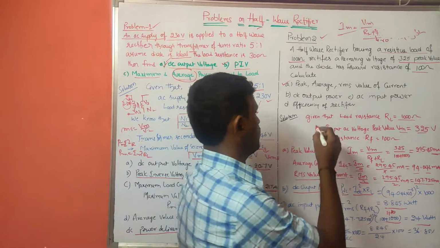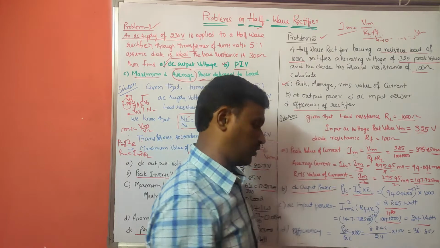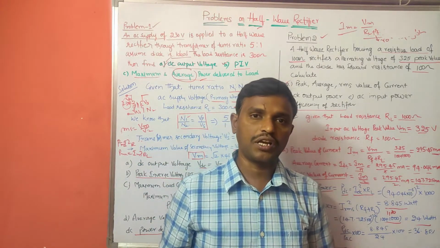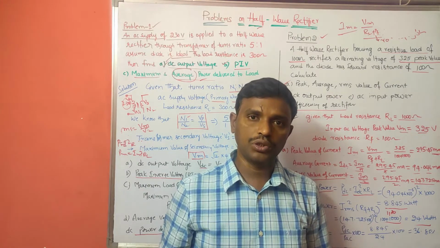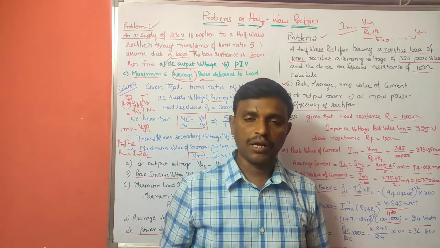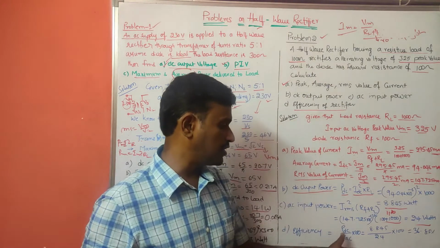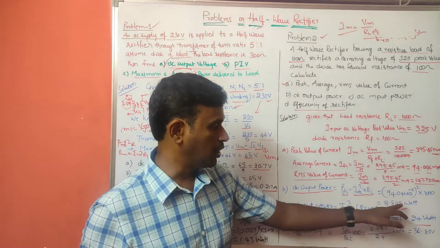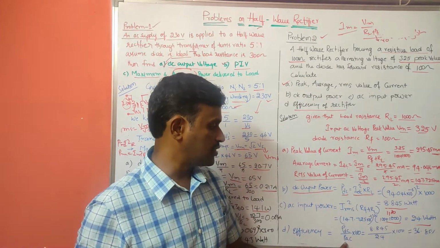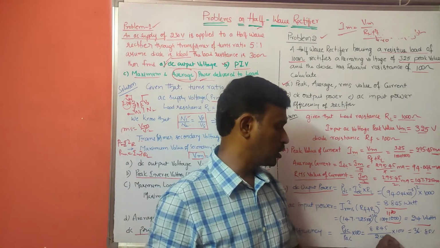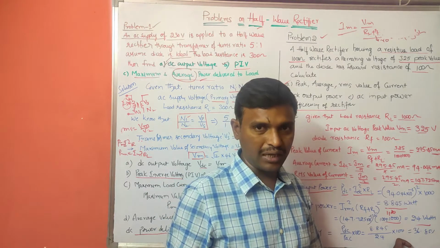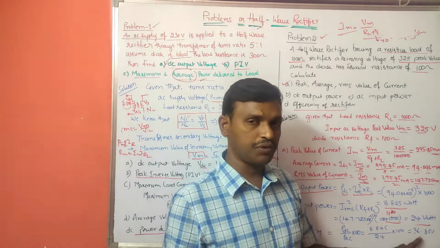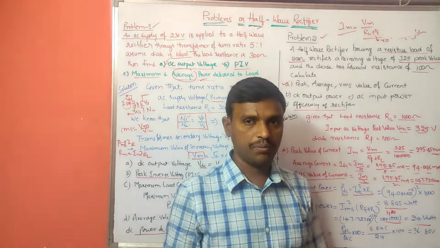So what is the final one here? Efficiency of the rectifier. Generally the efficiency is the ratio of DC power delivered to the AC power, multiplied with 100. So it is PDC by PAC multiplied with 100. PDC here we got 8.845 and PAC we got is 24. If you multiply that with 100, because we require efficiency, right? You will get 36.85% efficiency.